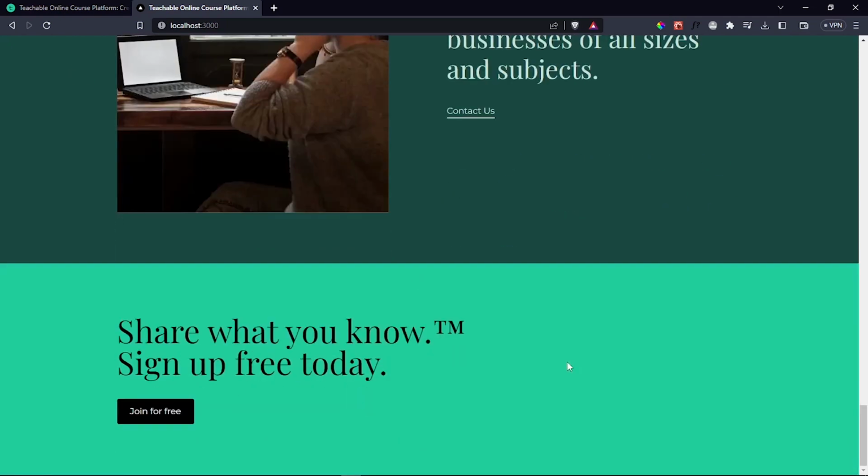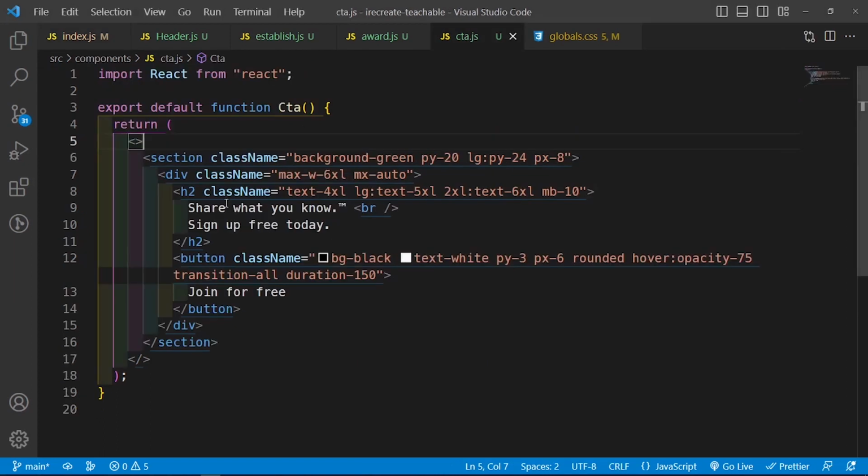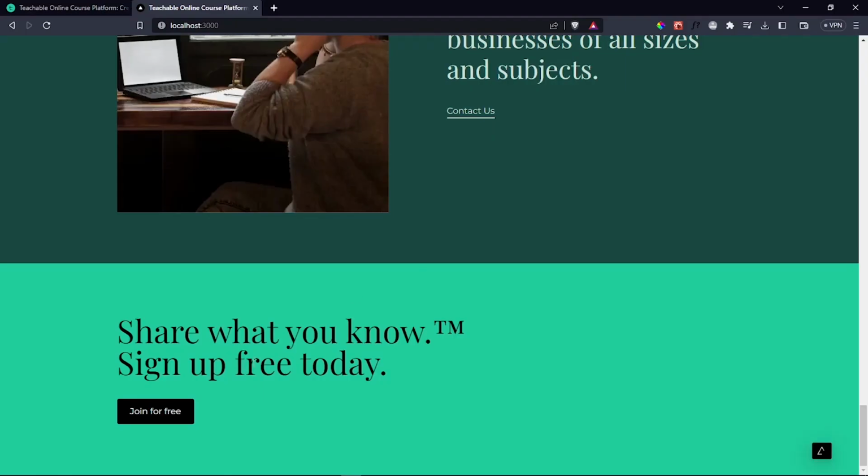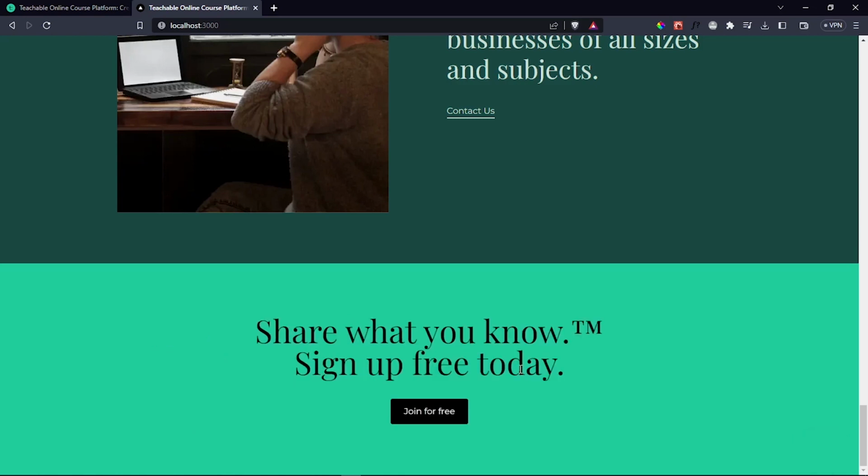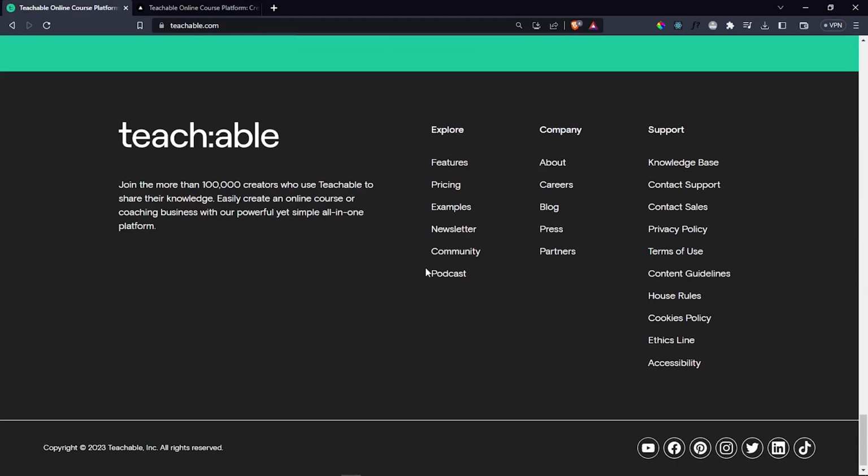And then we just need this to move to the center. So inside CTA, let's go ahead and say text center here, which is going to move everything to the center. Nice, nice, nice. And then finally we have the footer, which is the last one. So for the footer, let me see,